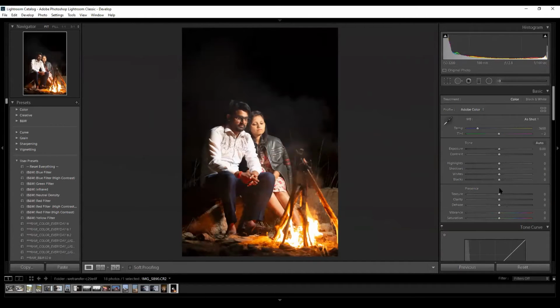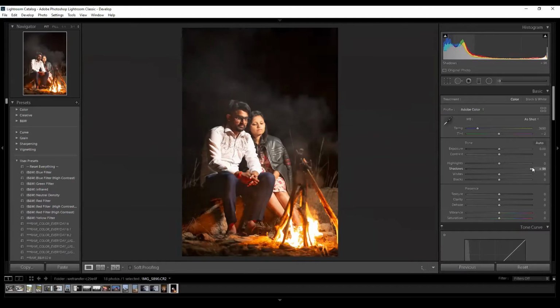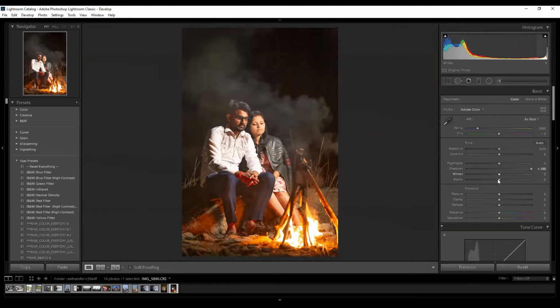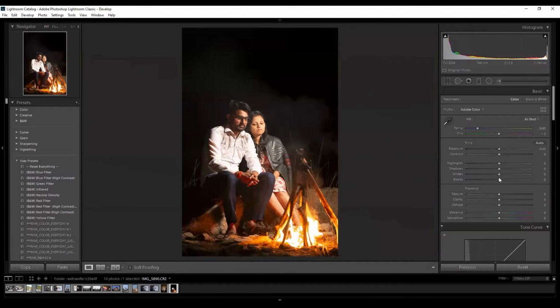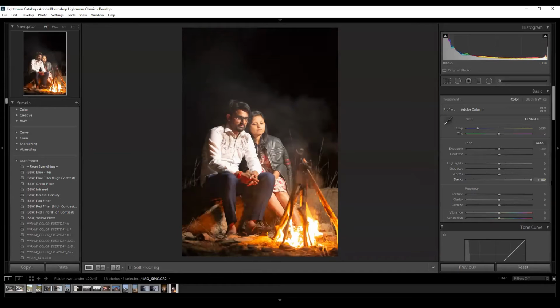So basically what happens, whatever shadow has been hidden in the image or has darkened the image, the shadows will try to pull that out from the shadow areas. But what the black will do, it will try to neutralize the entire image and try to put off the black, reduce the black from the entire image. See.